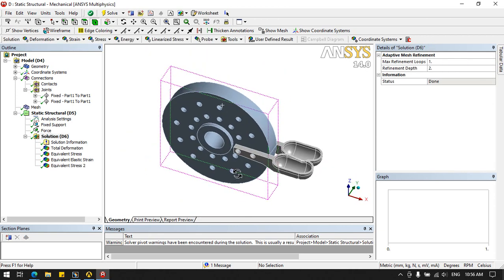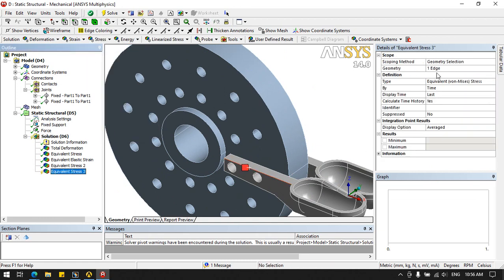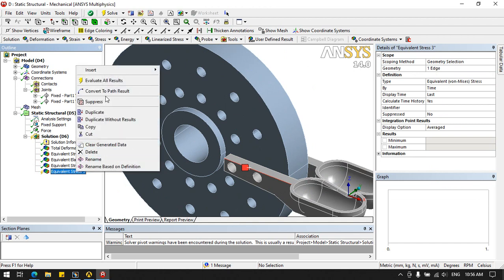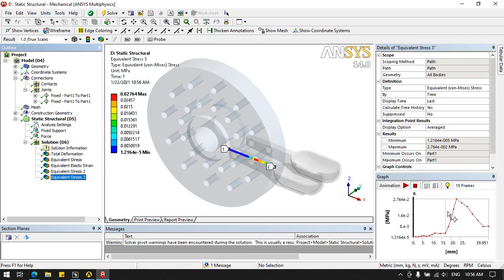Okay, once it is done, I want stress variations. So let me select edge, select this end line, choose the stress, then right click over it, convert to path results, and solve it again so that we can see stress variations here from this point to this point.